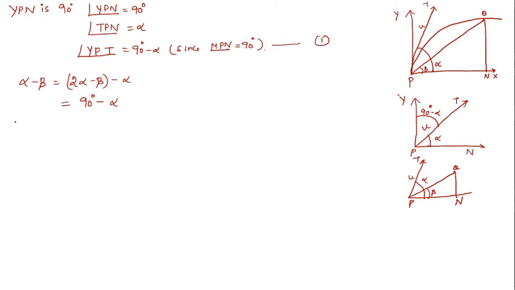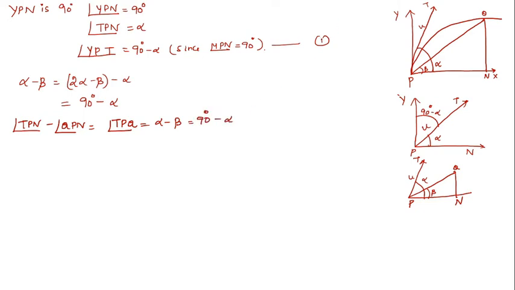We know that angle alpha minus beta is alpha. What is alpha? Angle TPN is your alpha, right? Angle TPN minus angle QPN. When you subtract these two angles, you will get angle TPQ. When you look at the diagram, this is your complete alpha and you are subtracting the beta from this, you will get alpha minus beta, right? So this will be TPQ. So this is our alpha minus beta, or you can say this is 90 degrees minus alpha.